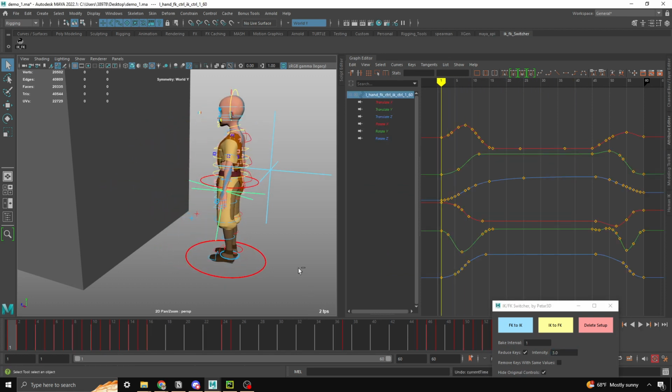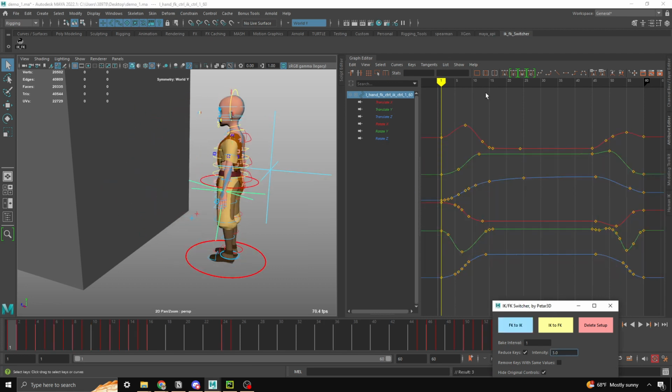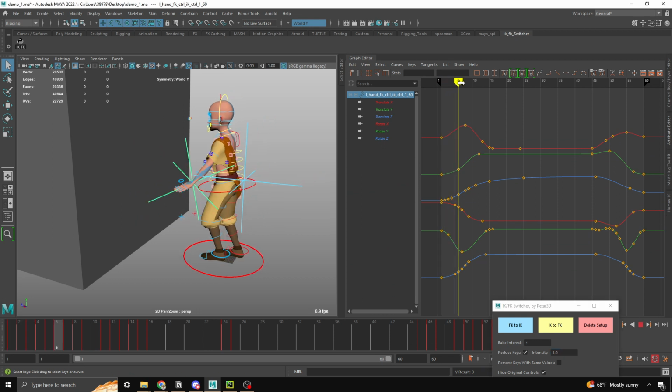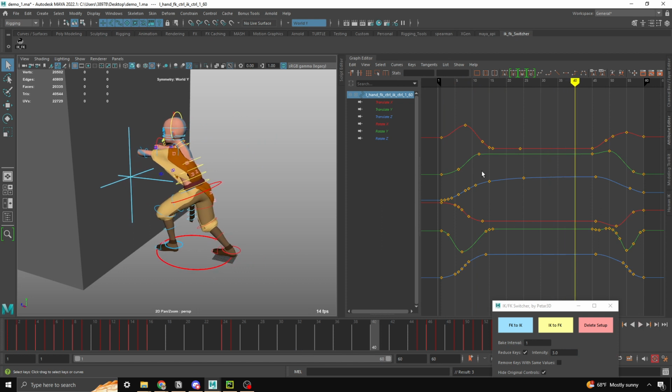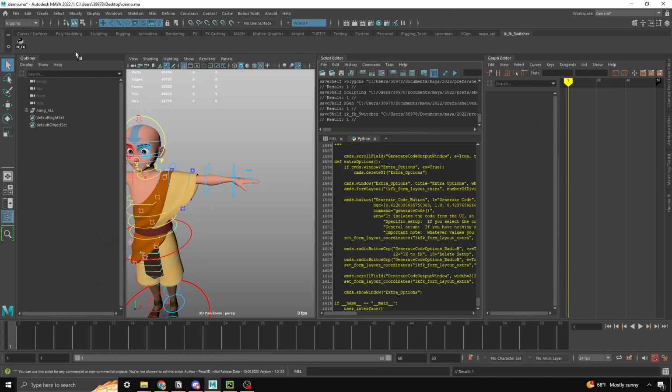Obviously, the bigger the intensity, the fewer keys you'll have, but the more you risk losing a bit of animation data. So maybe this is good for early on when you want to go back and forth, but you're not trying to be too precious with your animation just yet. But towards the end, when you start polishing, you might want to turn this off just to preserve your animation one-to-one. And what this last option does, I'll just switch over to a different